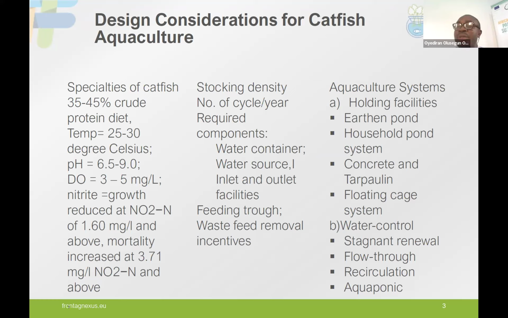So when Mike was presenting, he was talking about tolerance levels and the situation at which the species will be at optimum. But if you see the ranges, you will understand that the species actually tolerates a wide range of environmental parameters. The pH between 6.5 to 9.0, the optimum at about 7, will be fine. The dissolved oxygen between 3 to 5 milligrams per liter would be at least fine for the species. Nitrite is a very